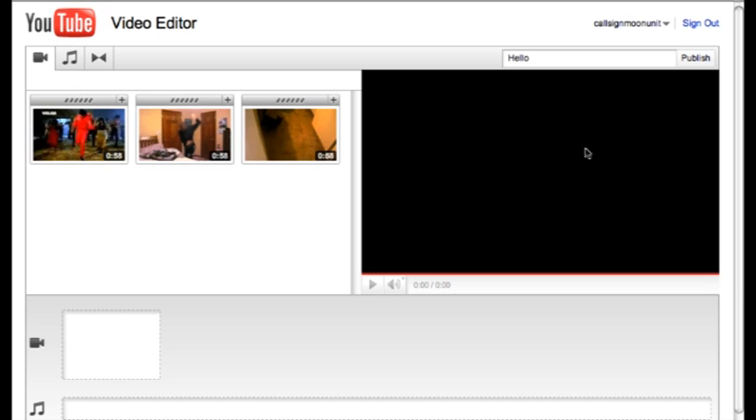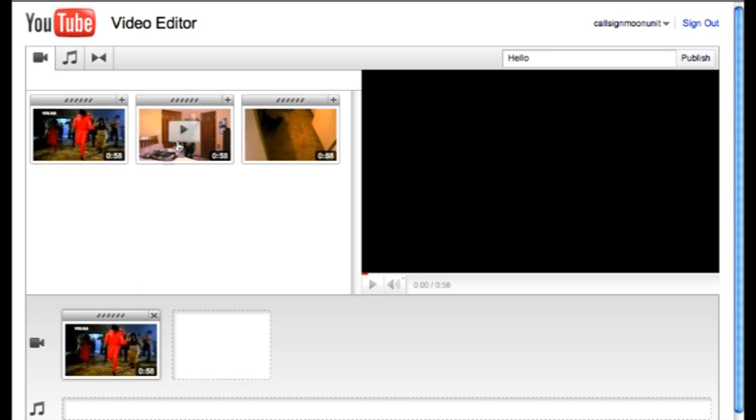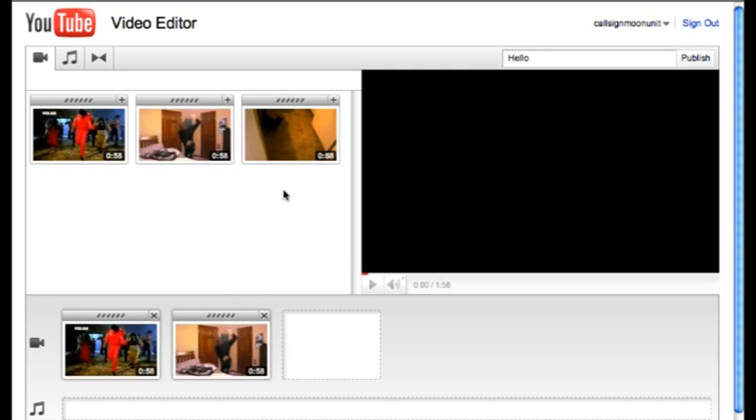Here you can see the overall interface for the YouTube Video Editor. On the upper right is the workspace, where you're going to see the result of your final video. On the left are your clips, all the little bits and pieces that you're going to put together to make your final video. Just bring your clips in on the left, bring them down to the timeline beneath, yes, right